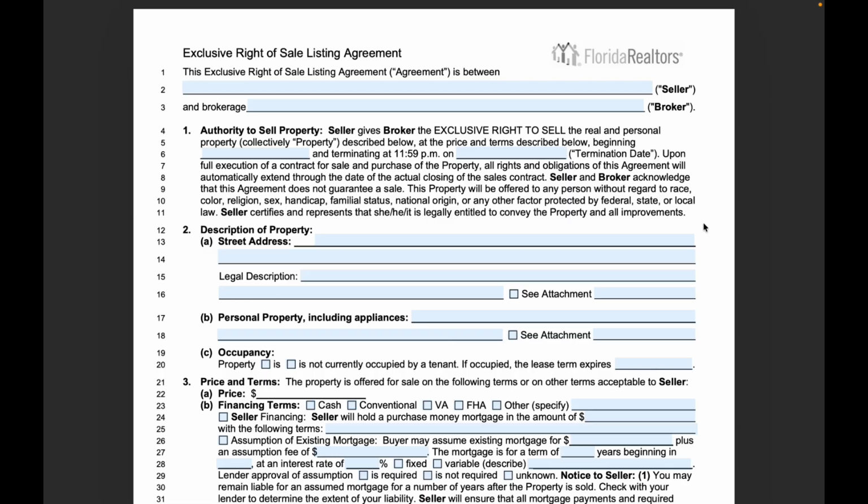In this training, I'm not just going to read the contract to you. I'm going to teach you how to actually complete it in the real world. We're going to go section by section, and I'm going to explain every single place where you need to type something in, check a box, or have the seller initial or sign. I'll also walk you through real scenarios, common mistakes I see agents make, and how to avoid compliance issues before